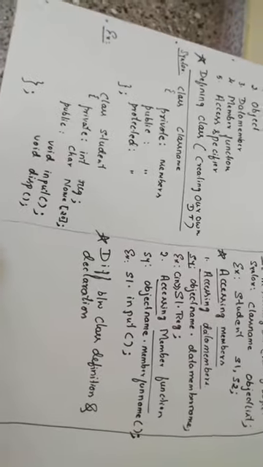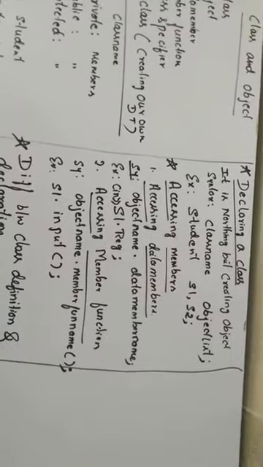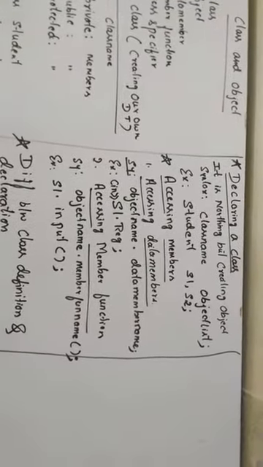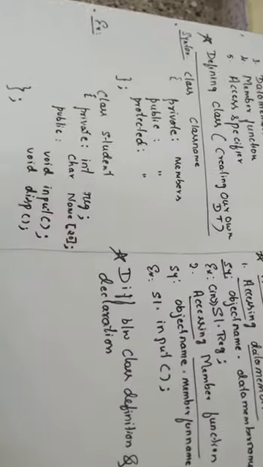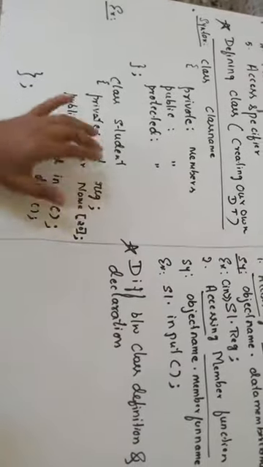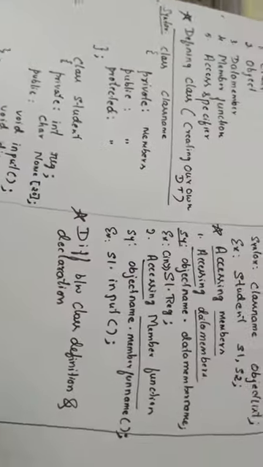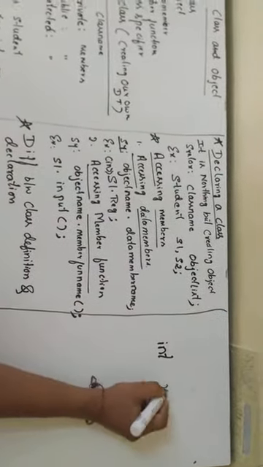Now, declaring a class is nothing but creating an object. Creating an object is creating a variable of class type. When you write this definition, your data type is ready. These types of data you can store in the variable. For example, I told you there is a basic data type int. If I take a variable int x